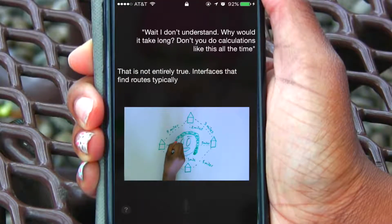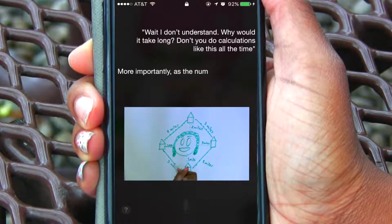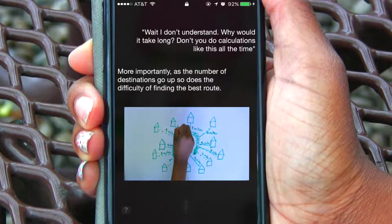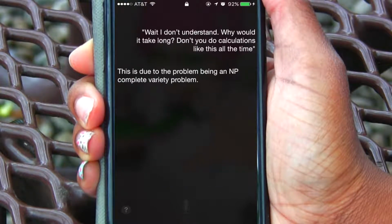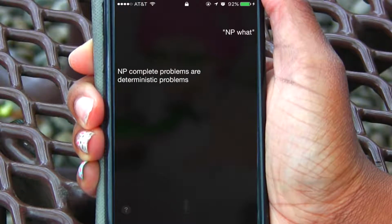That is not entirely true. Interfaces that find routes typically use estimations when finding routes with multiple destinations. More importantly, as the number of destinations go up, so does the difficulty of finding the best route. This is due to the problem being an NP-complete variety problem. NP what? NP-complete problems are deterministic problems that stem from non-deterministic polynomial problems that…